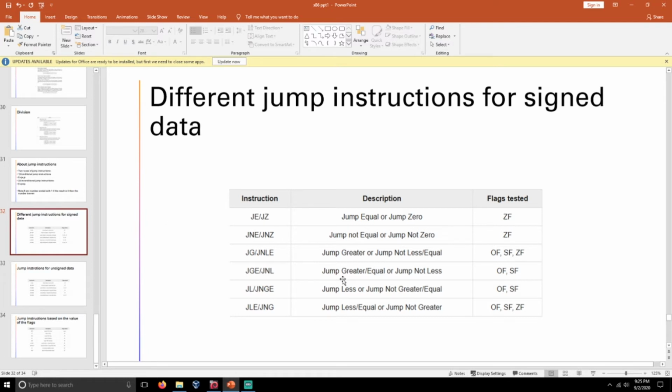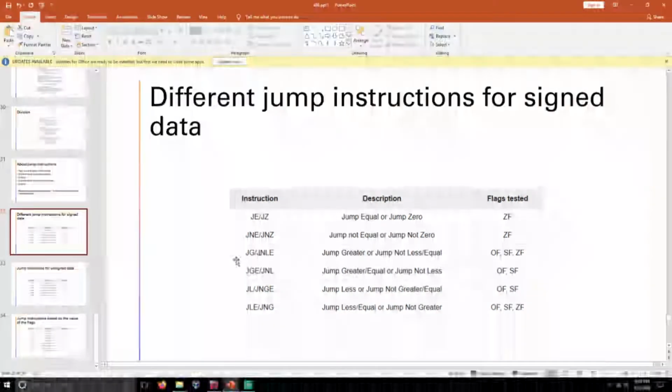If your result is greater than or equal to the assumed input, then the JGE or JNL instruction will get executed. Like that, the remaining instructions will get executed. By the way, I got this information from Tutorialspoint. If you want to know more about these instructions, you can go to Tutorialspoint. I will give the link in the video description.